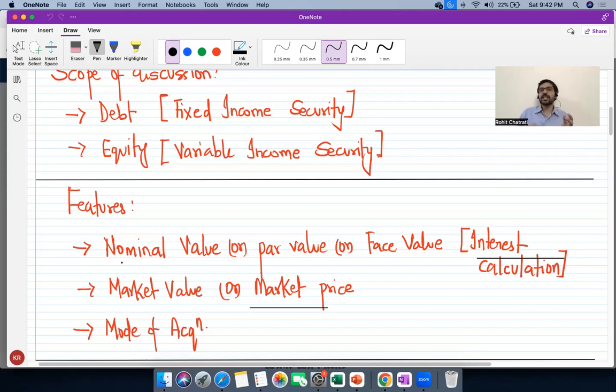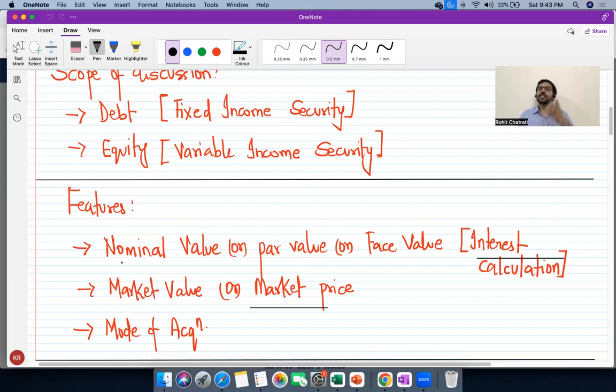Now, when I'm purchasing, I have to pay additional brokerage. When I'm selling a security, from what I receive, I again have to pay brokerage. So the net proceeds I'm going to receive is going to be lower than the actual sale price. All right. Then we have the concept of market price or market value, which keeps fluctuating every time a trade